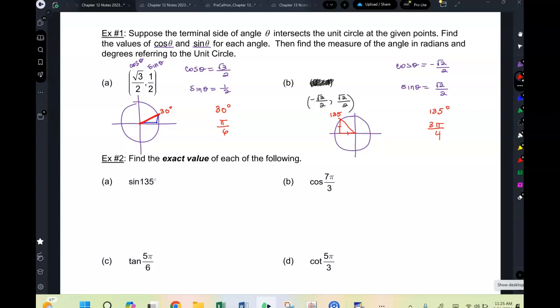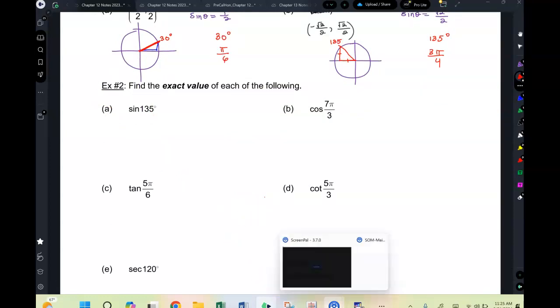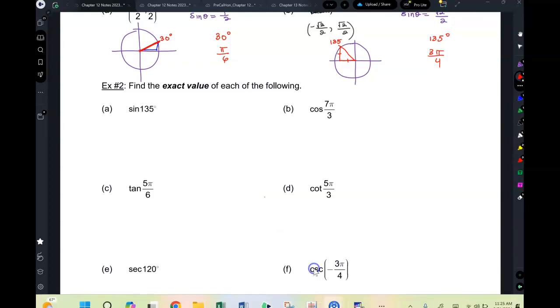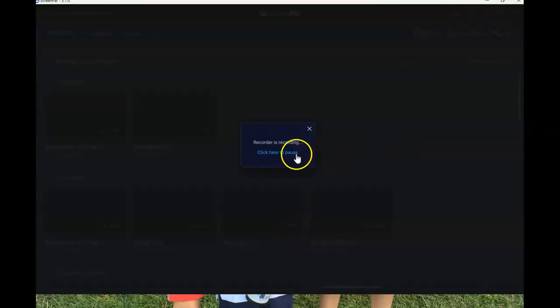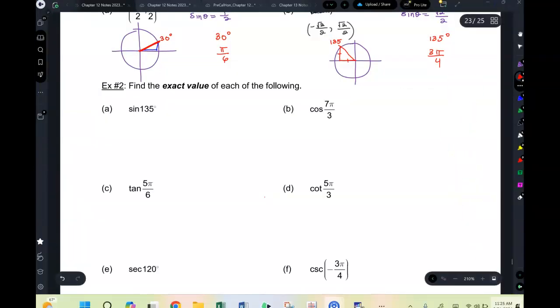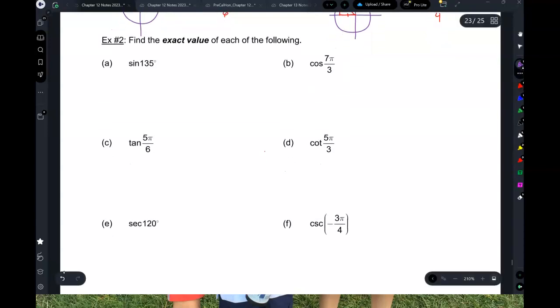Okay, now, everything that we have been doing until now has actually been leading up to what we're about to do next, and that is to be able to evaluate these special angles. So what we're going to do now is sine of 135. Okay, now listen. The first thing we're going to do is figure out where 135 is. So on the unit circle,